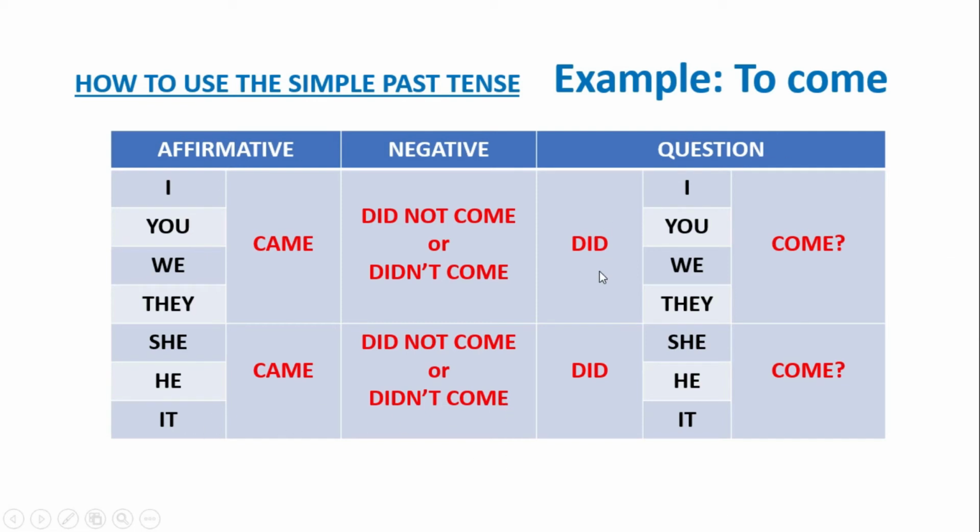In question, did I come? Did you come? Did we come? Did they come? Did she come? Did he come? Did it come? Easy. This tense is one of the easiest tenses to learn, but English learners